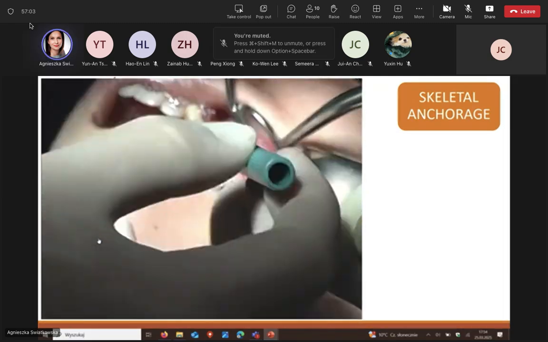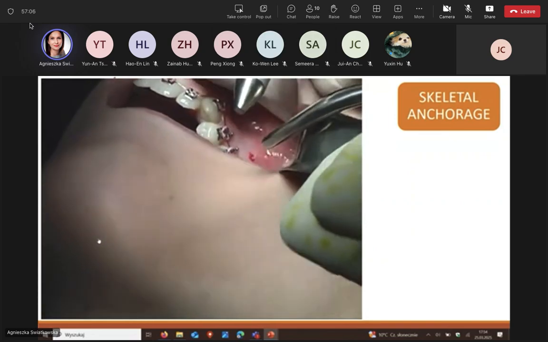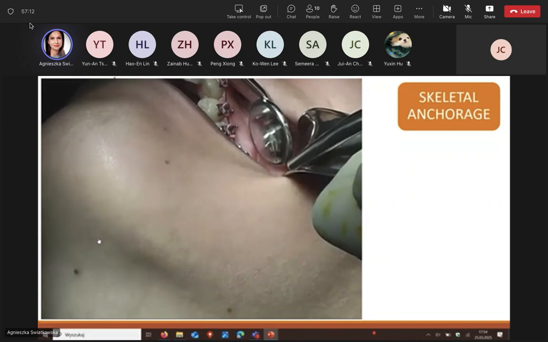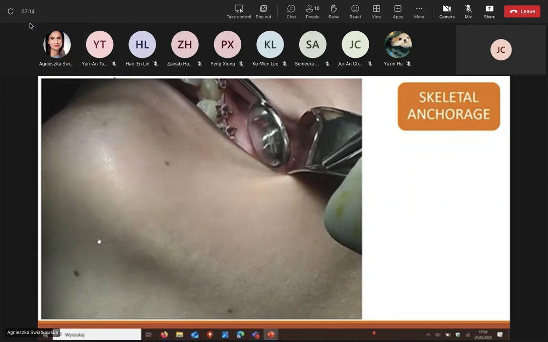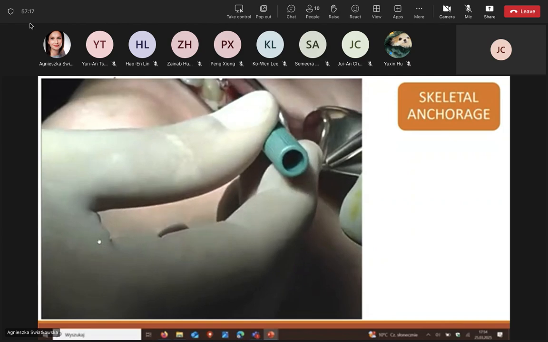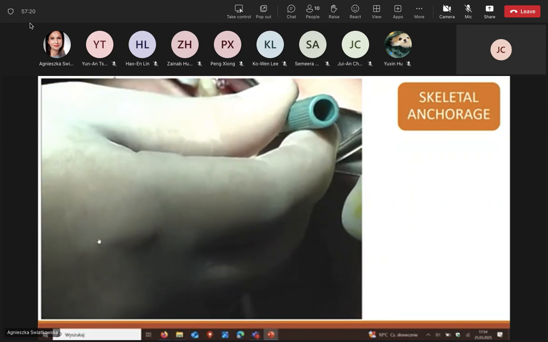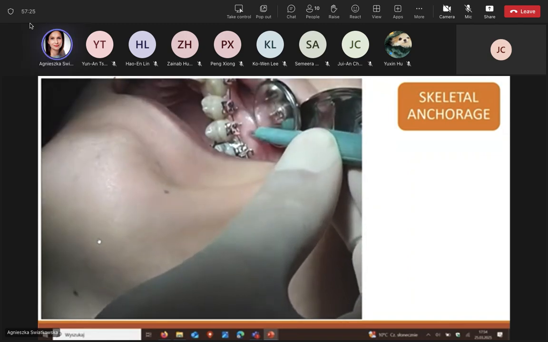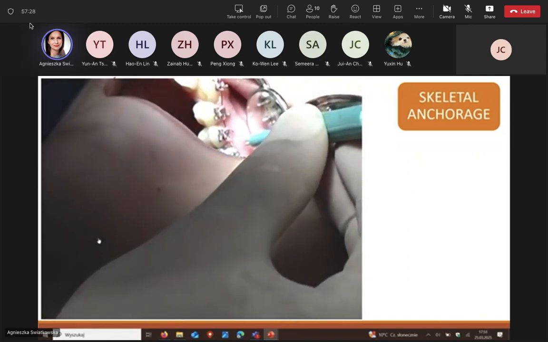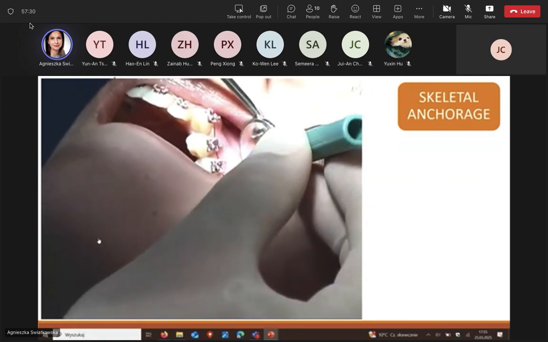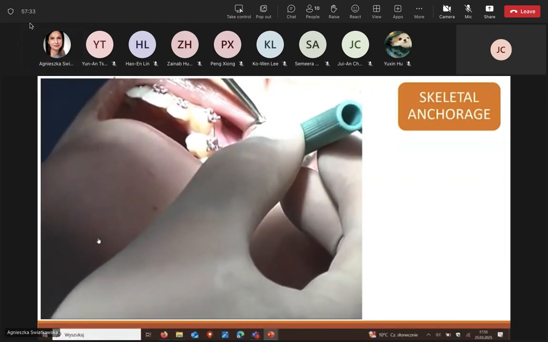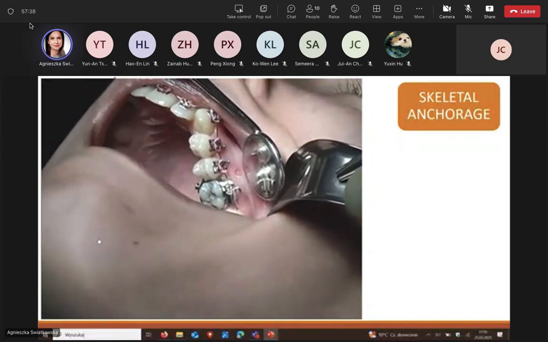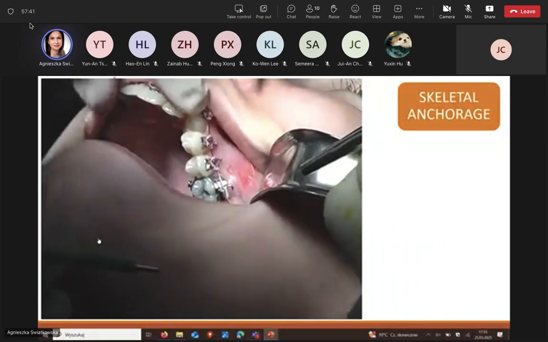The punch is a kind of mucosa, so it cuts the mucosa to make a space for the implant here. It's better not to place it in this moving mucosa, because then we have a problem with inflammation. It's too dark. I don't see. See, if you cut this part of the mucosa,